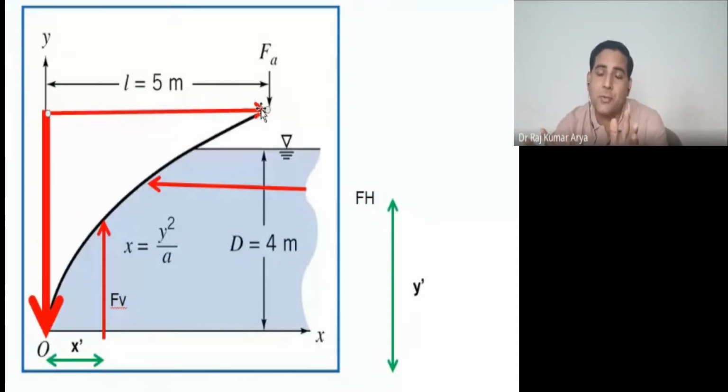But the magnitude of force would be different. This force you have calculated that way. Now, if you are calculating the force from this side, then how much would be the force here? You have to again take the moment. These would be the same. Only thing now, this force Fa is on this side, and this is acting at this distance, this much, right? Yes or no?